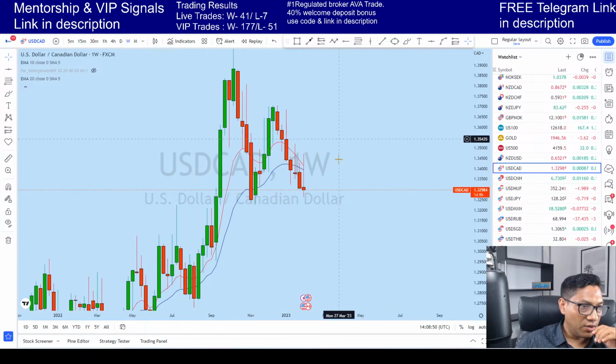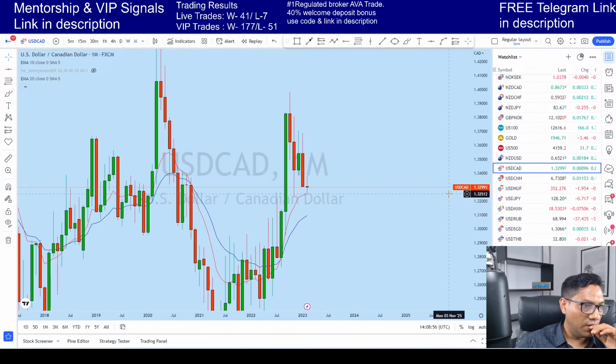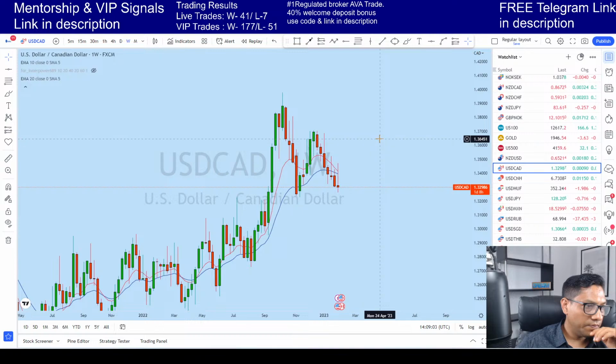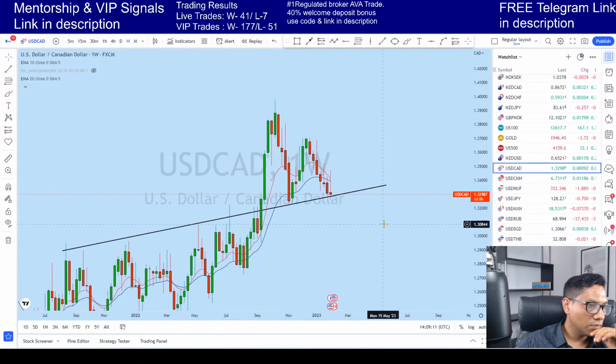I think this market will reverse here. Also looking at the monthly on USD CAD, we see that there's a big bearish candle followed by a narrower one. Looking at the weekly, there is a resistance here, resistance here, resistance here, turning support here, support here. With that, I think that on dollar CAD we should see some bullish move on this one,